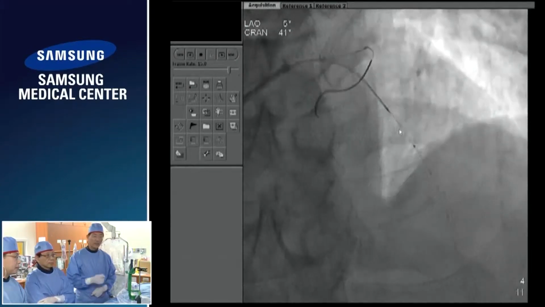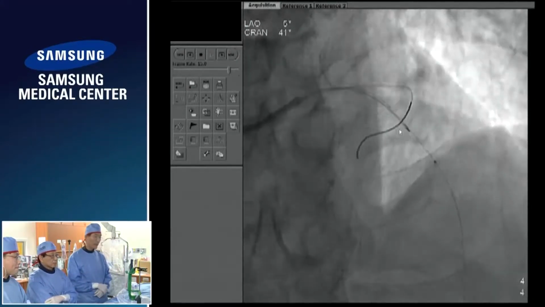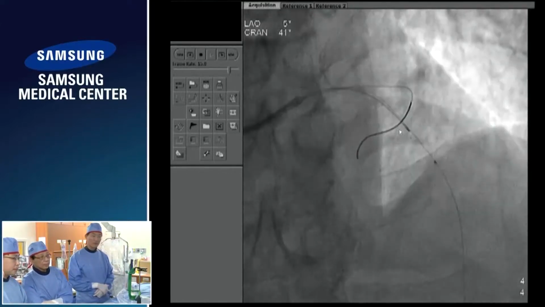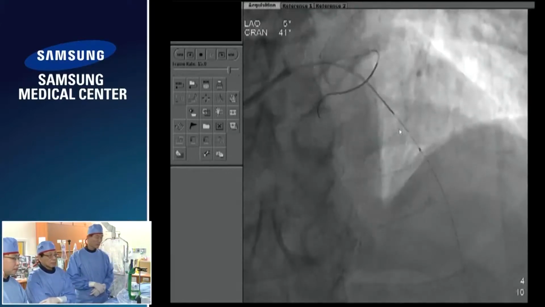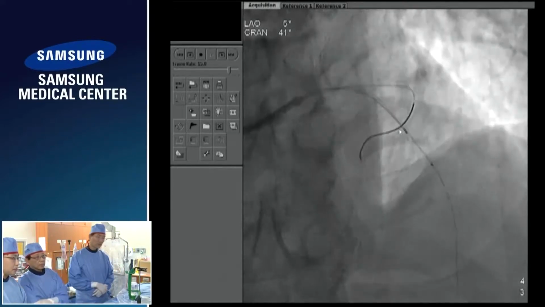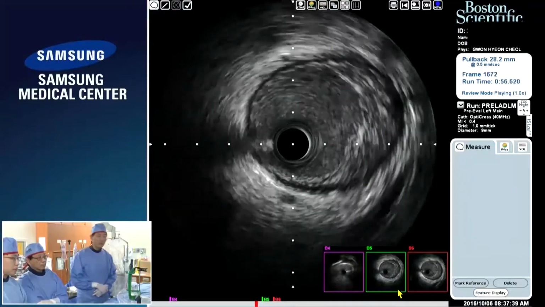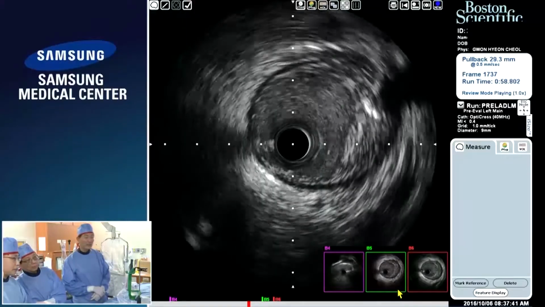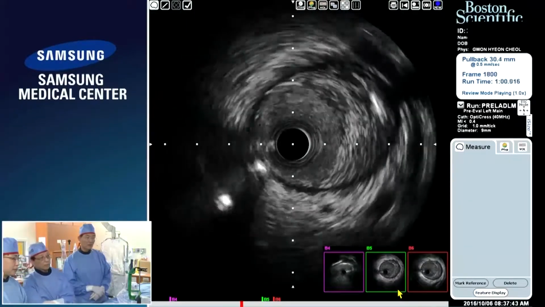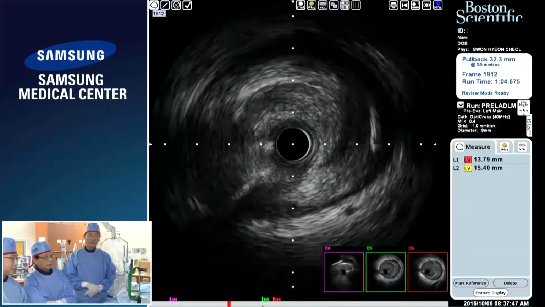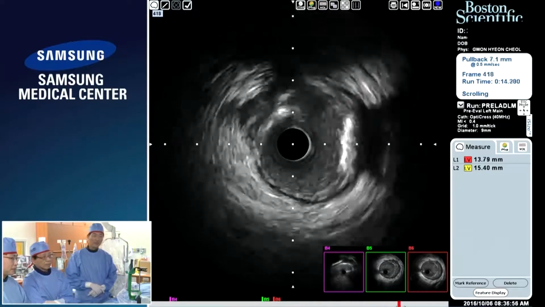So we did IVUS. IVUS on the screen, please. IVUS? We cannot see IVUS. Okay. Yeah, IVUS on the screen, please. Okay, this is from mid LAD. It's too fast, lower please. Yeah, from the. Actually,